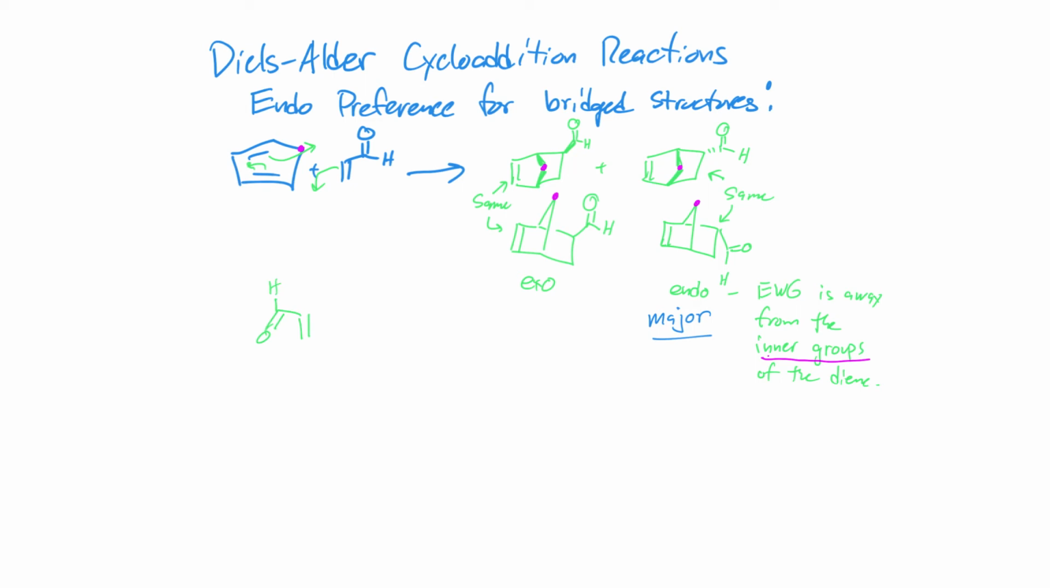Okay, so I'm going to draw it like that, and then really what scientists are getting at is the overlap of the pi system on the diene and the dienophile, because when we have an electron withdrawing group here, we have 4 p orbitals in this conjugated pi system, just like 4 p orbitals here are in the conjugated pi system. So if we draw this on top of each other,